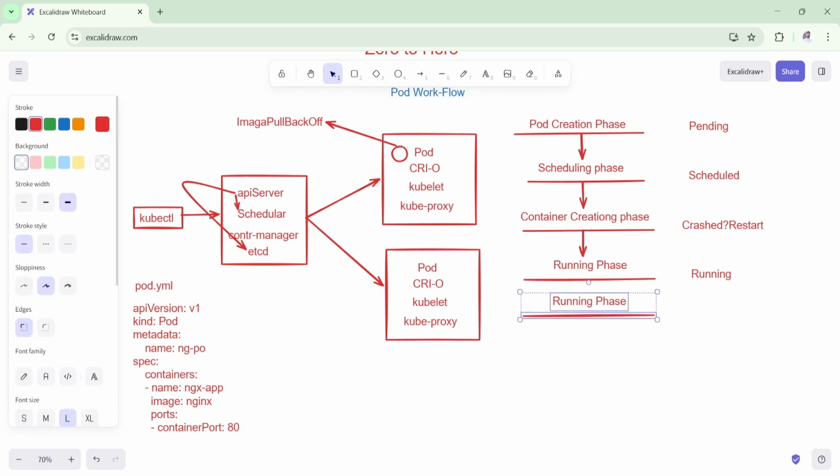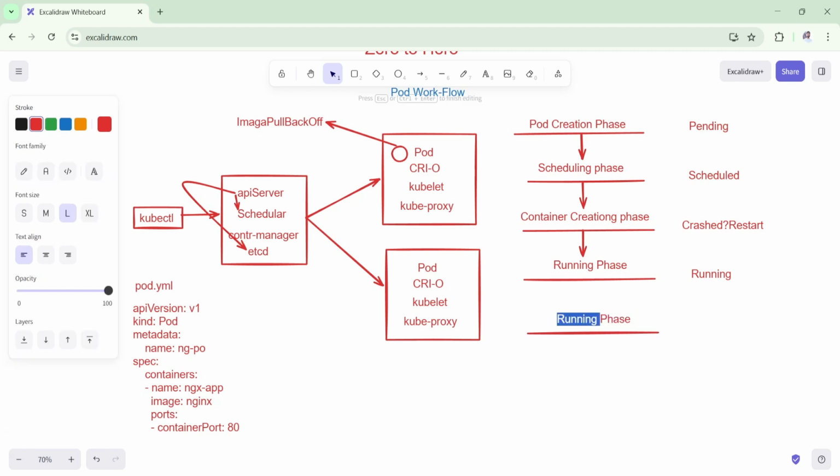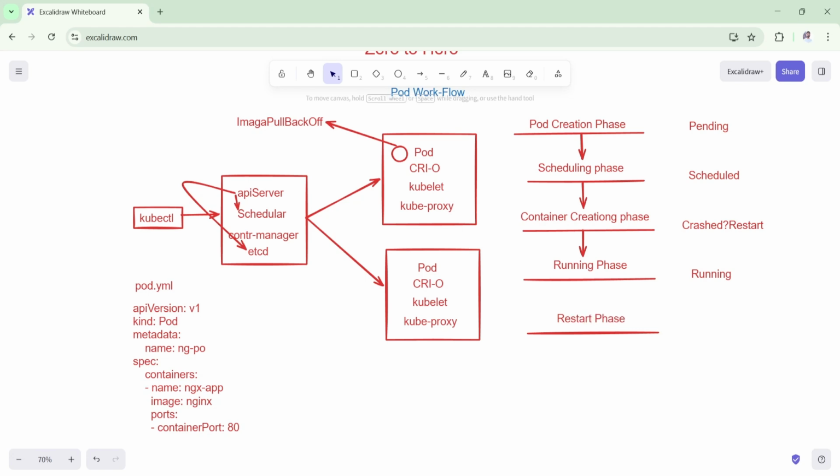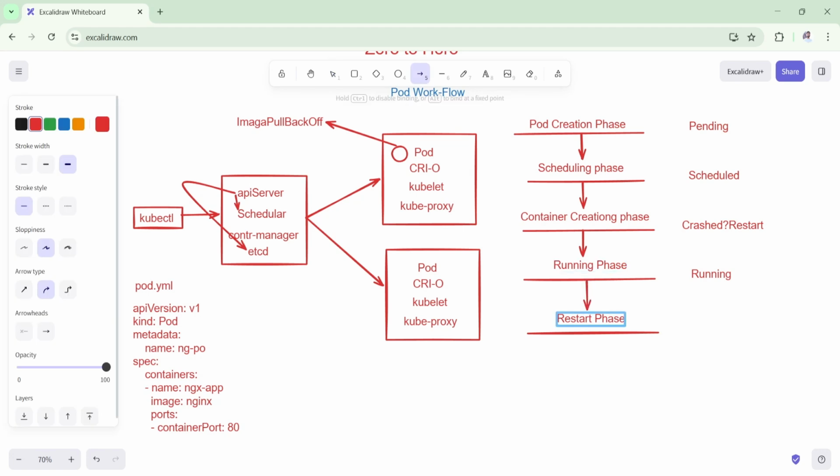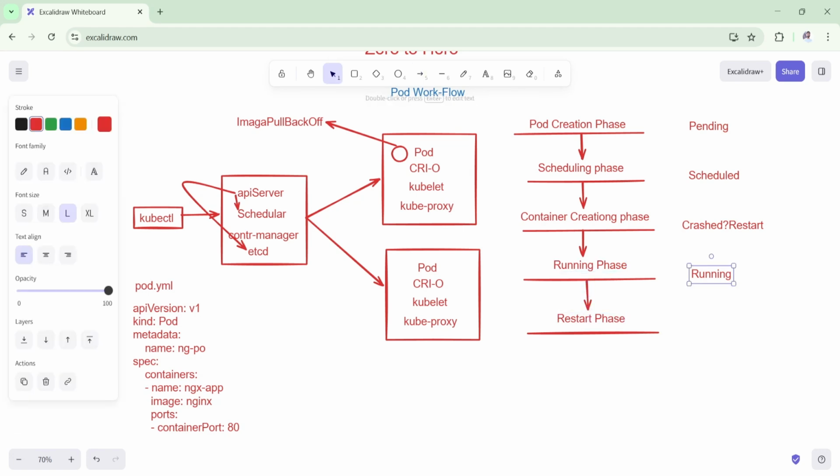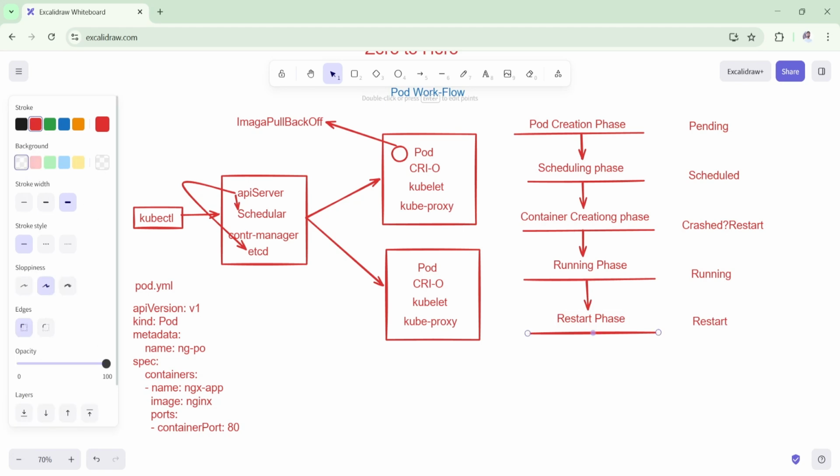If it has crashed, then what happens? The restart phase. This is called the restart phase. In the restart phase, the status will be restart, and Kubernetes will restart the pod and